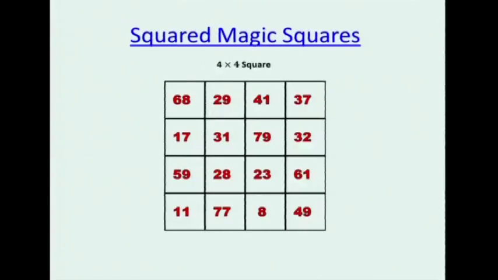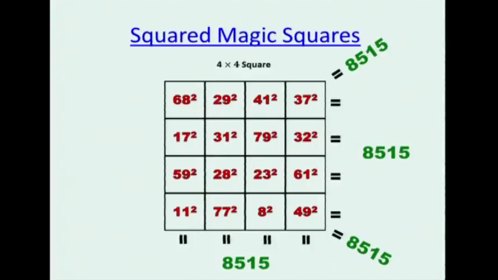Okay, so now here's squared magic squares. This is not a magic square, but when I square the numbers, all the columns, rows, and main diagonals add up to 815. Mr. Euler, probably number 1 or number 2 mathematician of all time, discovered this in 1770 without a computer.